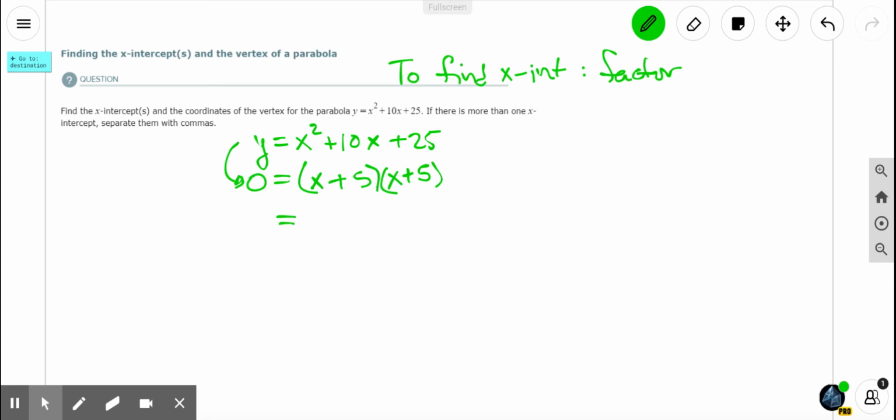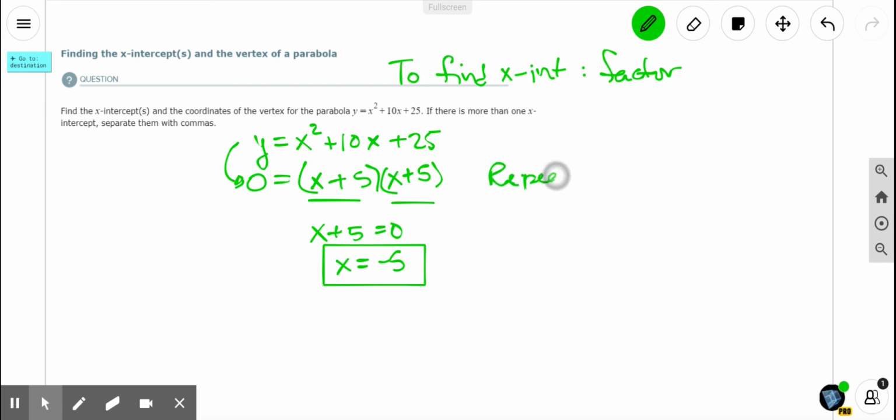Notice, what are my zeros? We're using the zero product rule. So x plus 5 equals 0, so x is equal to -5. I have 1 zero. It occurs twice. Whenever you have a double root, the same one, a repeating root, repeated roots